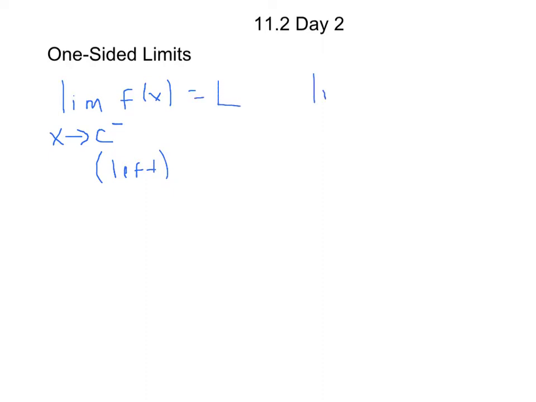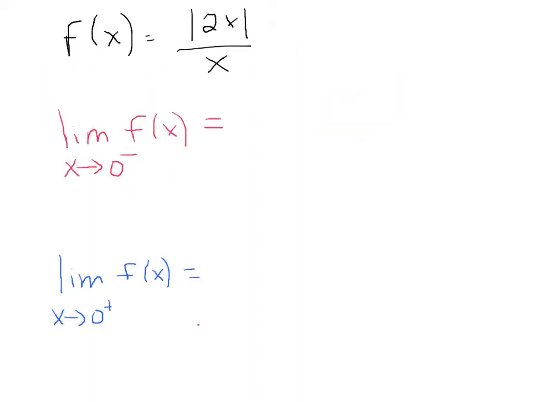And if we have the limit of f of x as x approaches c with a plus, that indicates that we are approaching that value of c from the right-hand side. Okay? So we're evaluating a limit only approaching from one side rather than moving in from both sides at the same time. So if we look at the function absolute value of 2x divided by x, and we look at approaching x strictly from the left-hand side,